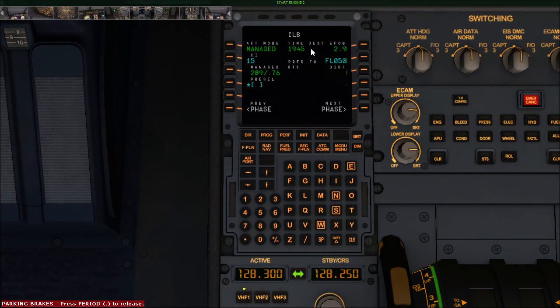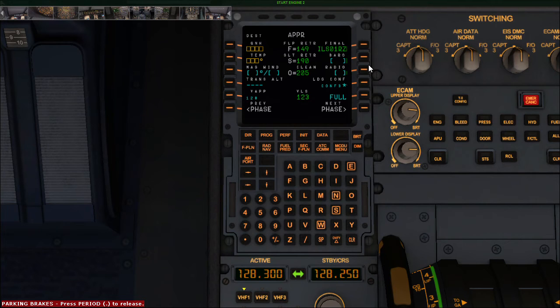As you can see, these fields we cannot change. Okay, so cost index is 15. I have already set the prediction for this climb to 050. This is the first climbing altitude and all. Then I'll go to the cruise page. Again the same thing, and cabin descent rate. This is the pressurization actually. Minus 350 feet per minute will be the descent rate of our cabin. I'll discuss this in a pressurization video. Next our destination, and next we will have the approach phase.